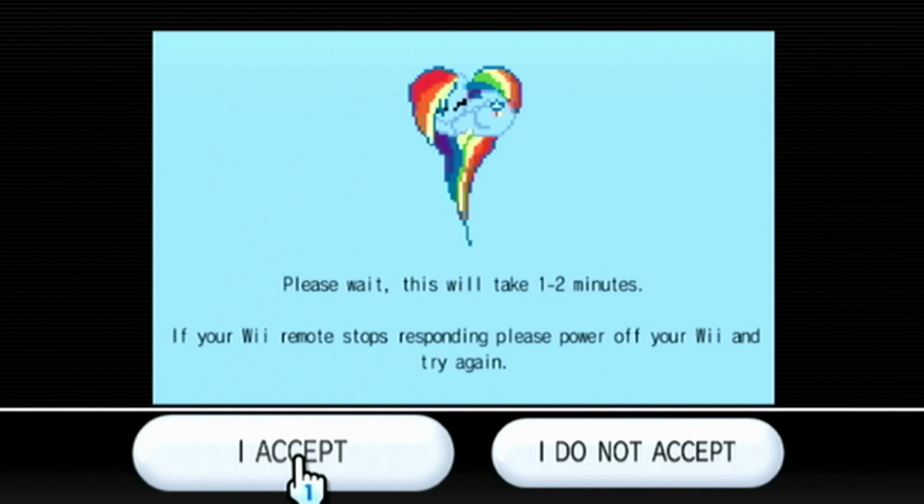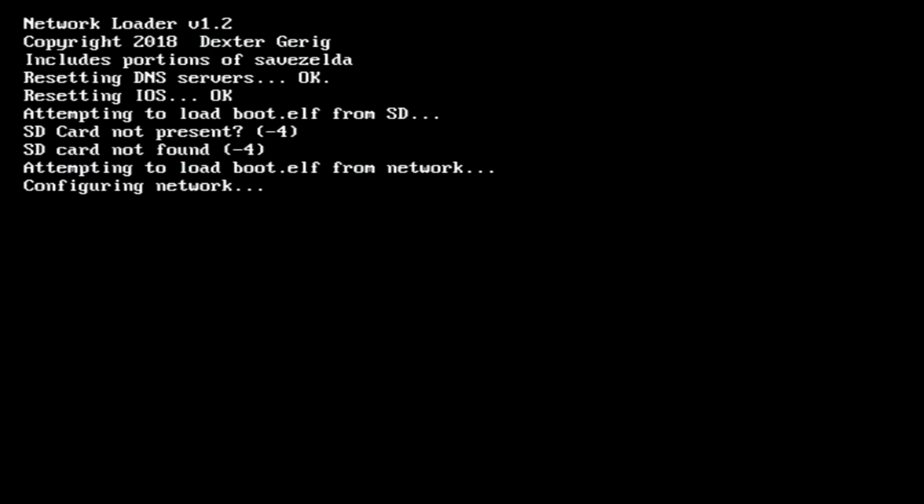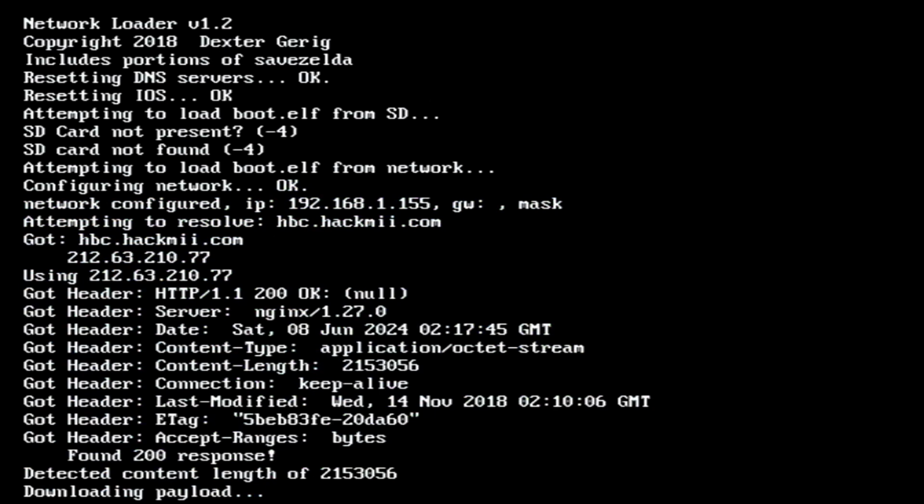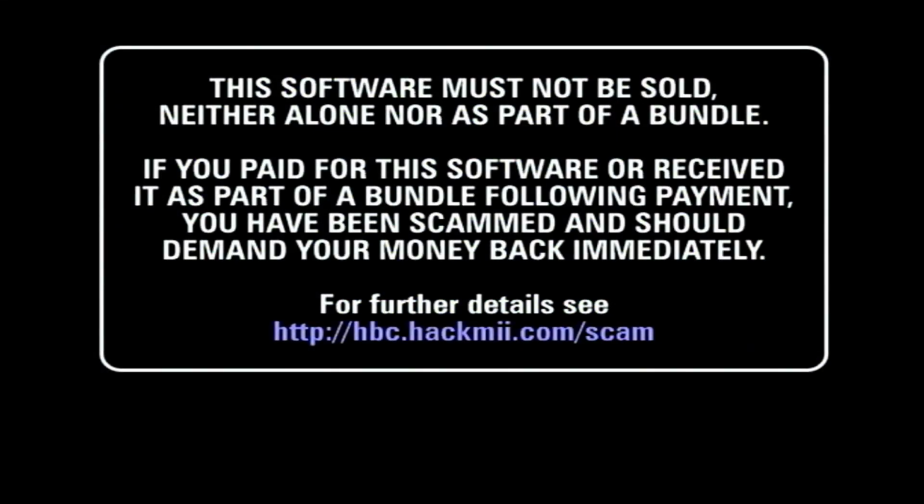So usually the Wii is not supposed to freeze. I don't know why it's freezing. So let me fix that real quick. Absolutely perfect. So we're now downloading the Wii payload. We're installing Hack Me now. Uh-oh, that doesn't look nice. Yay! So, now that we are on Hack Me,